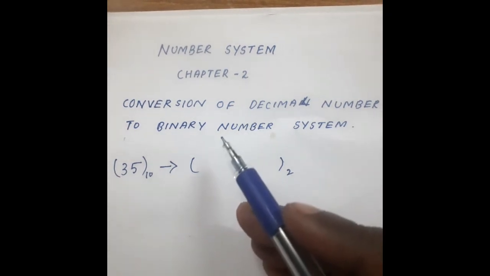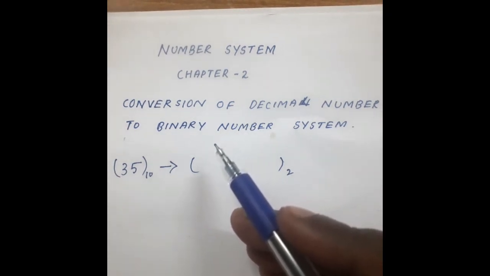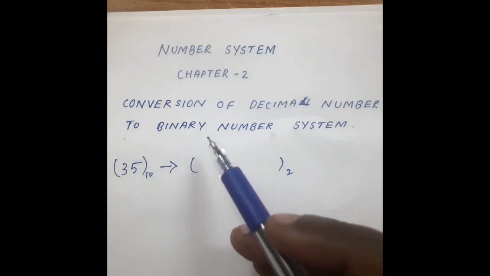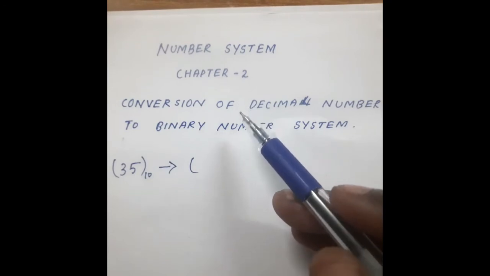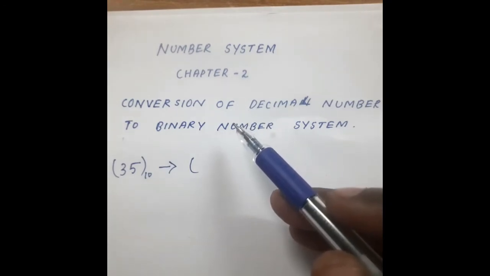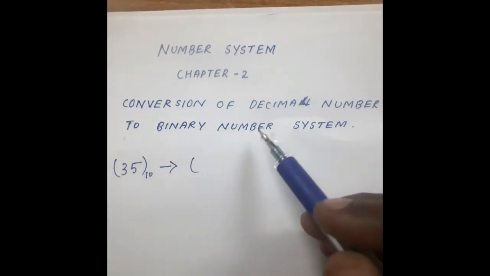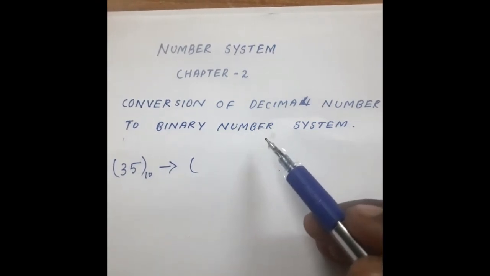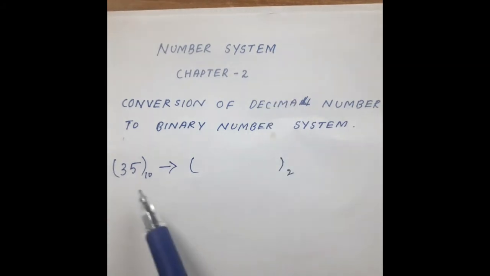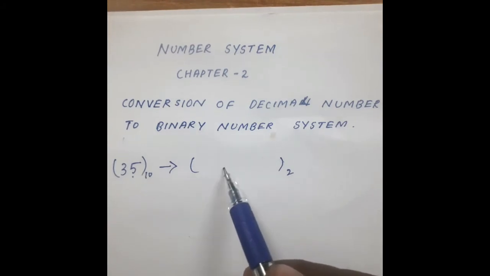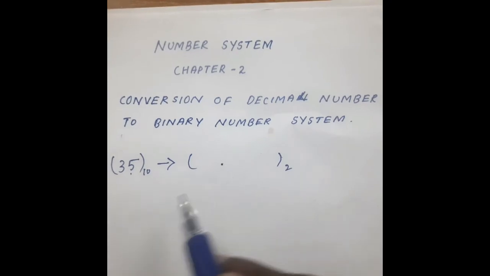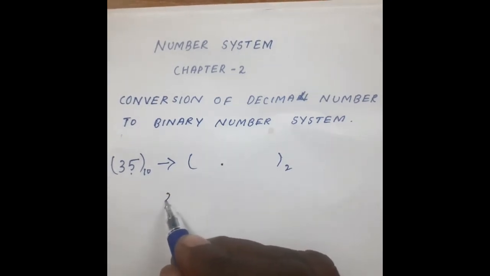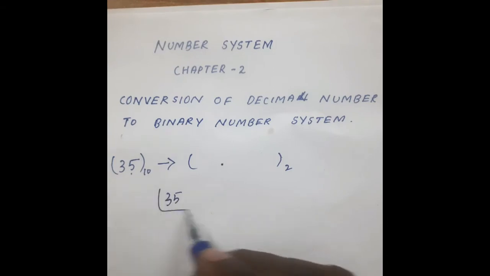Students, last class we learnt how to convert a decimal to a binary number system. I gave you some workout, but many did not do it correctly. Again, a recap of converting decimal to binary. For example, convert the decimal number 35 to a binary number. This method is called repeated division by 2. Now you take 35 divided by 2.